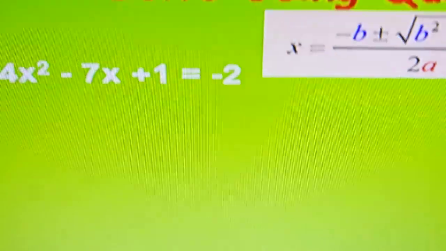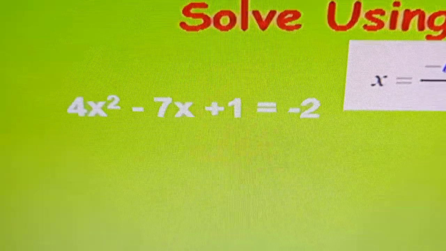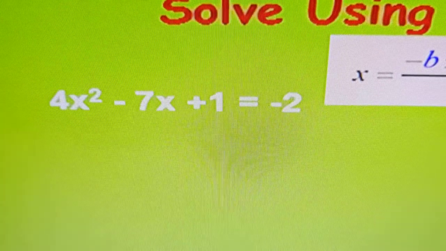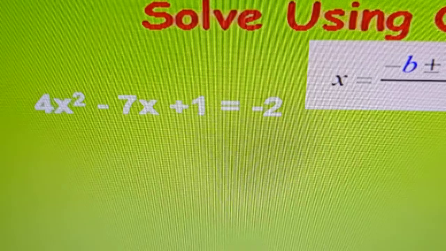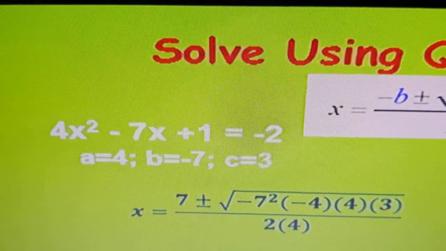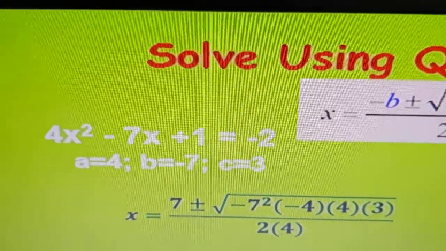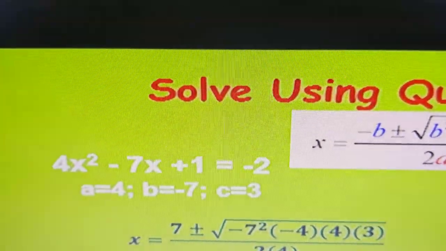So let's look at our first example. Our first example is here, and what I have there is 4x to the second power minus 7x plus 1, and then that equals negative 2. Now, with that being said, what I want to do is make this equal to 0. Well, before I do that,